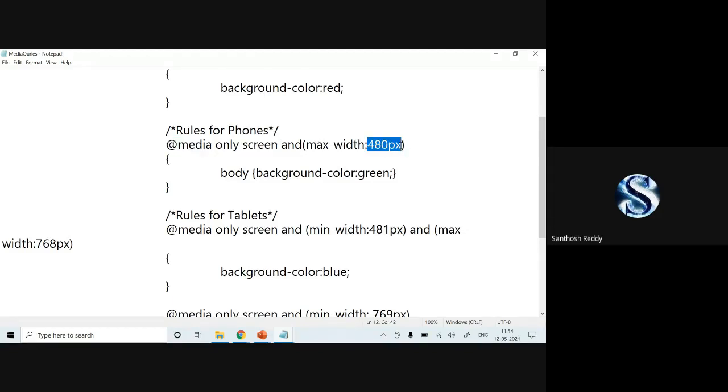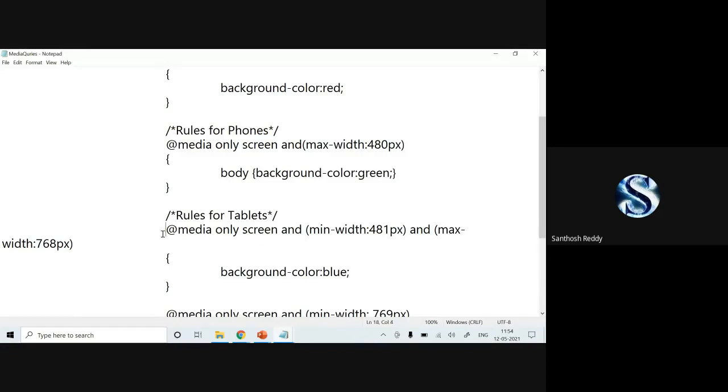If your screen is 480 pixels, background color will be green. You can apply any other properties, but here I make use of only background color.